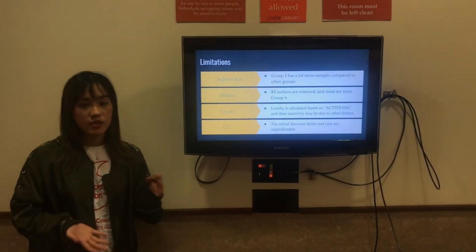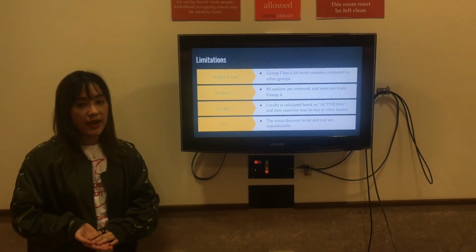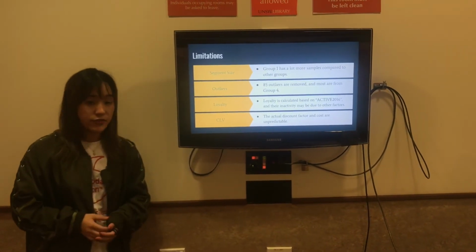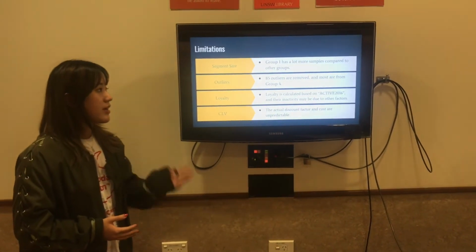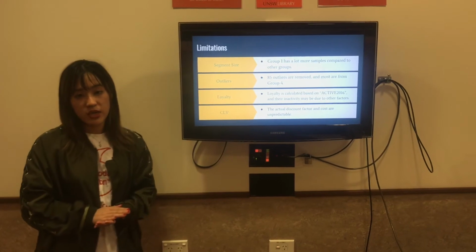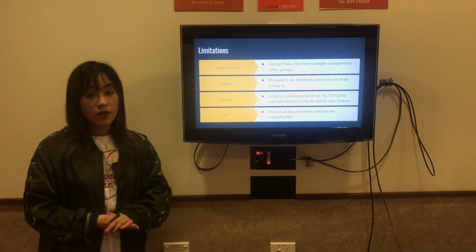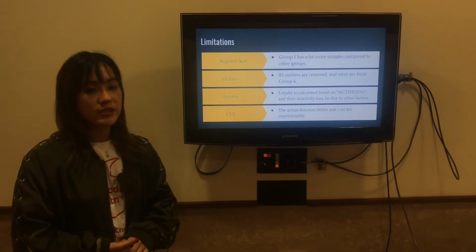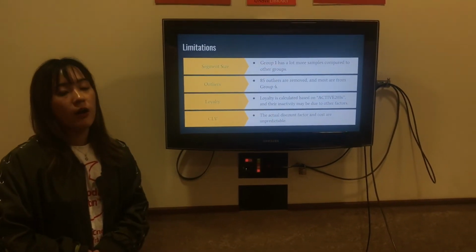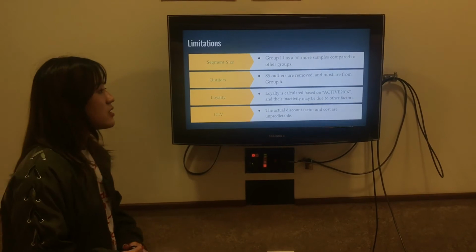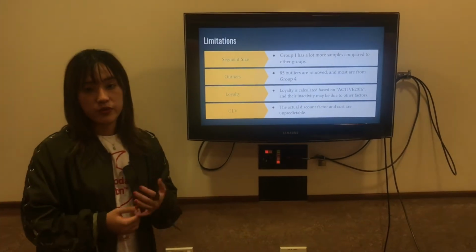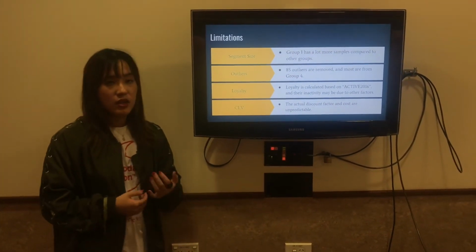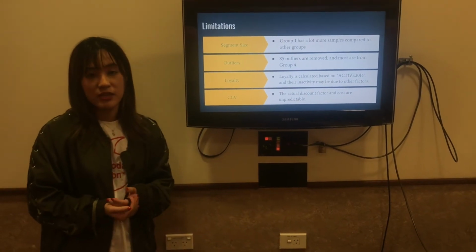As a conclusion, we'll talk about the limitations and the recommendations we have in this research study. So for the limitations, first is the segment size. As we mentioned above, we segmented our customers into 4 respective segments. However, segment 1 is the biggest one with 1,525 members, while segment 4 is the smallest one with only 24 samples basically. So with this unequal number of samples across segments, it might cause some inaccuracy in the analysis results